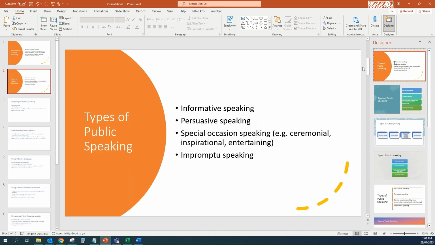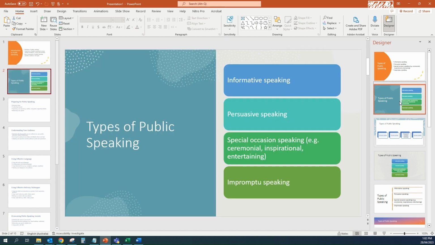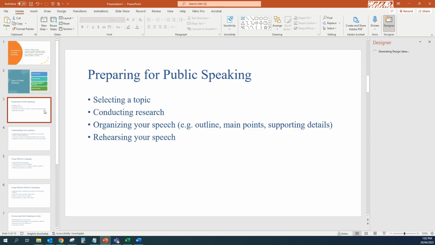So you can use the same format if you want to keep a theme going through all of your slides, or you can change it up a bit to make it a bit more interesting. So just go through every slide and use this designer tool to help you make your slides look a bit more interesting. Another cool trick you can do is if you click on Insert up here,